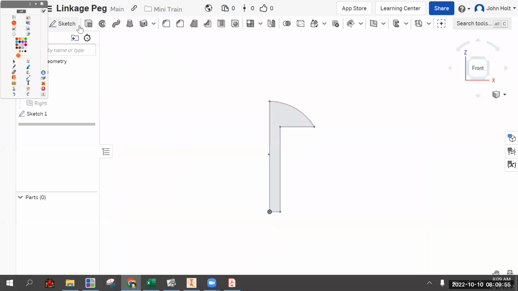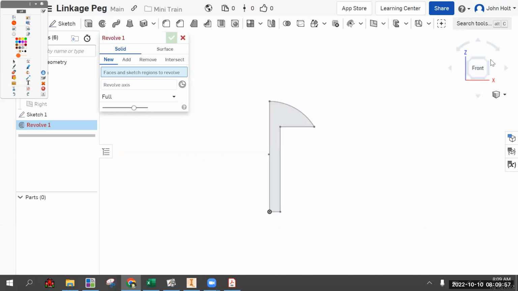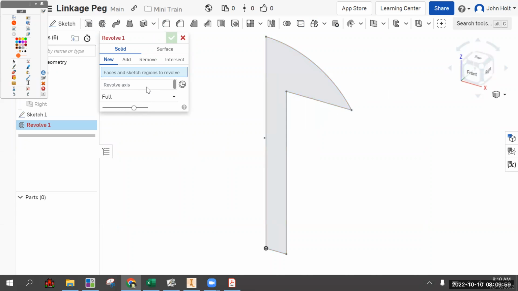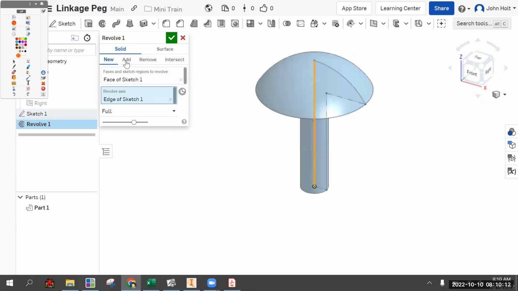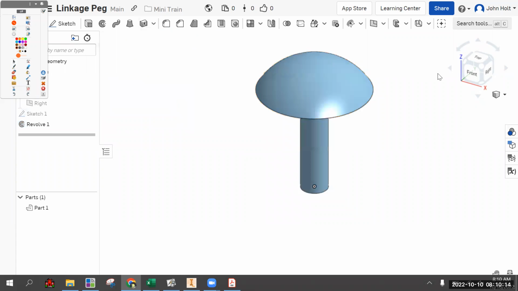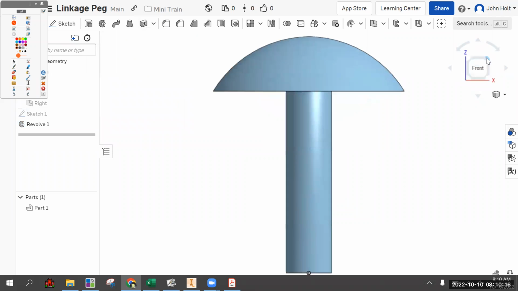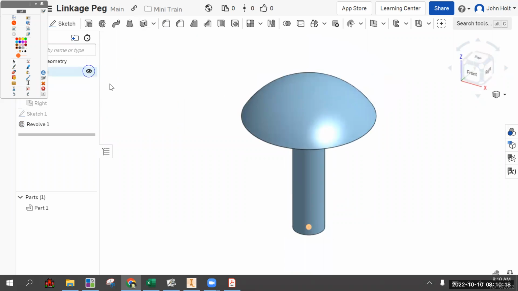Let's finish the sketch, do a revolve, and choose the loop that we want, and choose the axis. Well, you got to click on this red bar so it knows you're choosing the axis, and it's going to be this one. And we'll finish the revolve, and that is it for linkage peg. Okay, so we can end the